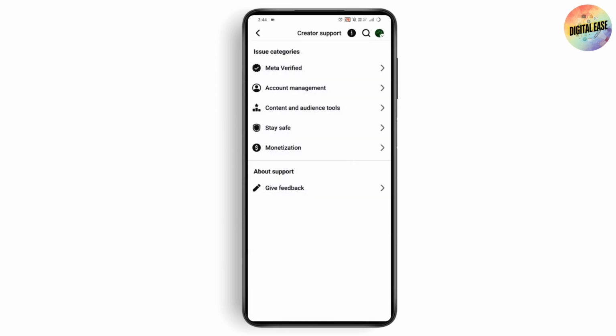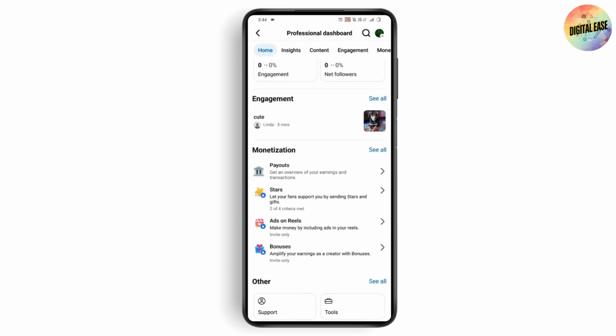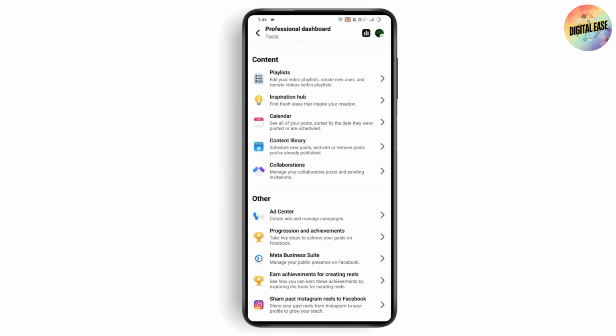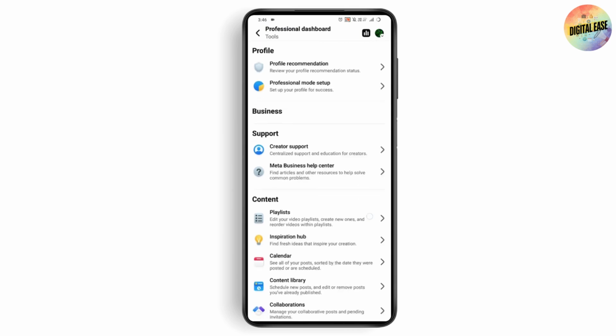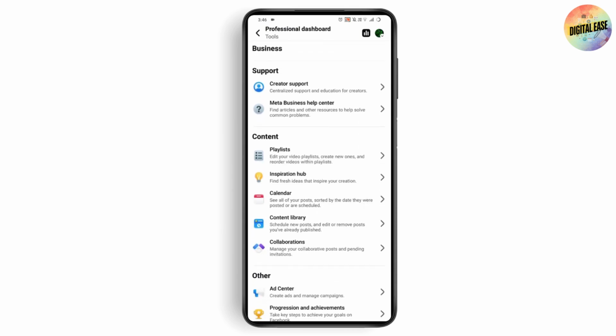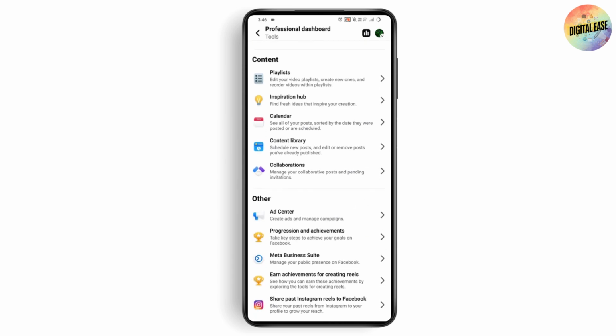If you don't have the professional mode support here, then you just need to simply go with see all, and here scroll down. So just simply tap on the option of help and guidance, and under help and guidance you will have professional mode support or professional mode guide. You can just simply go with professional mode support and you can just fill up the form to fix your